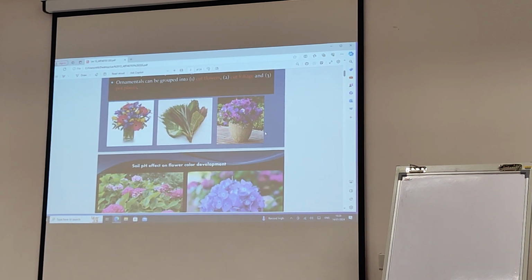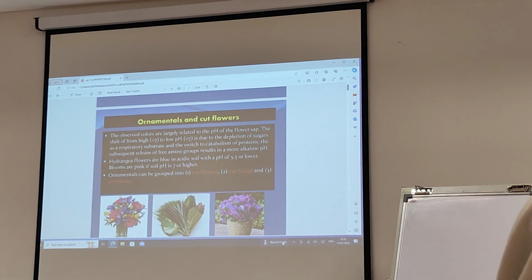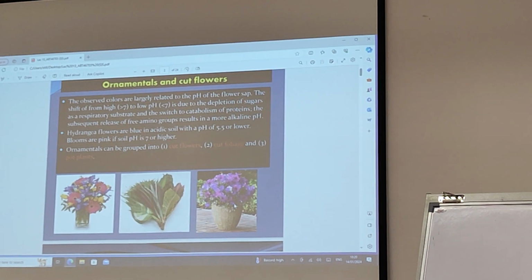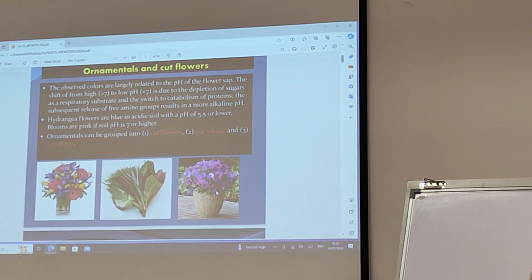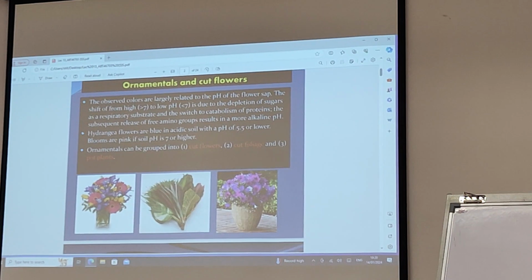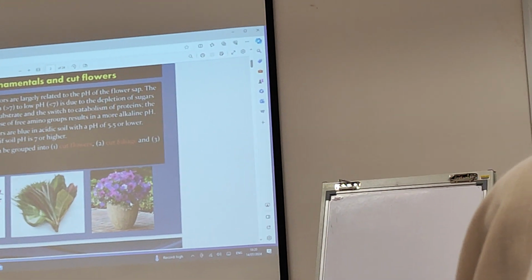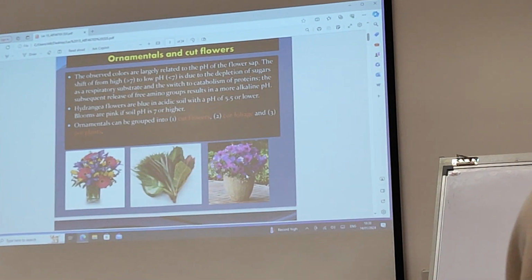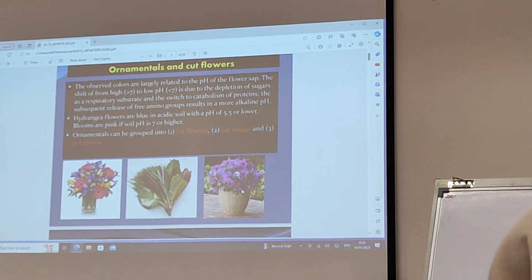Okay, so actually here you can see there are so many types of flower, right? So I need the PDF. Okay, can you tell me some types of flower? Actually, we can divide the flower into so many groups, right? Some of the flower are annual flower, right? Annual flower. And also some of the flower are